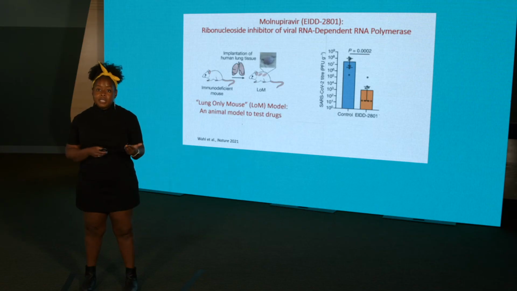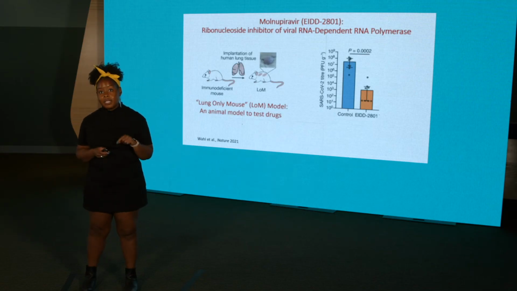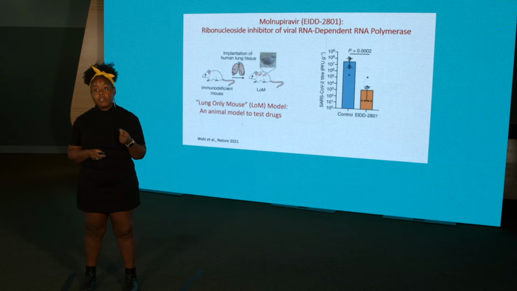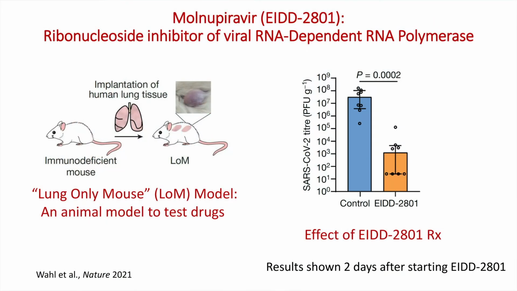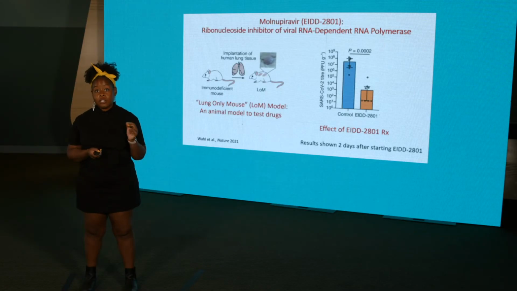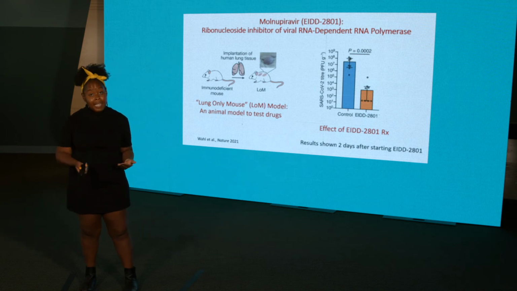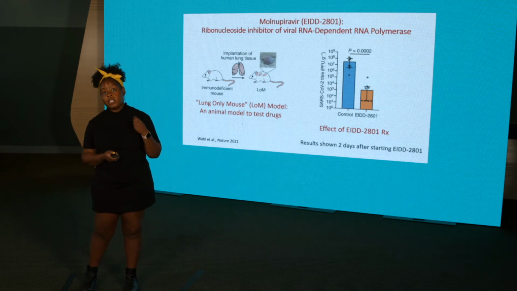So this is a system in which we can test the efficacy of these different RNA polymerase inhibitors. One of these small molecule drugs, called EID2801, can inhibit the proliferation of the SARS-CoV-2 virus in this mouse model of infection. And this result is only 2 days after starting treatment with this drug. And so systems like this can allow scientists to test different drug candidates that will specifically target different aspects of